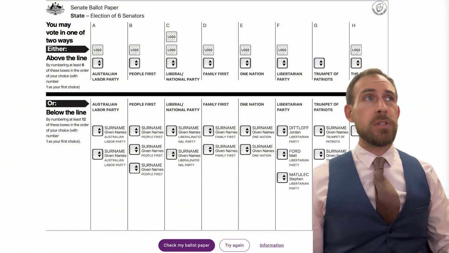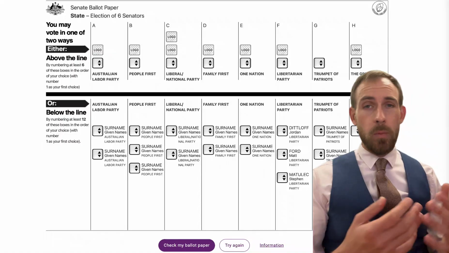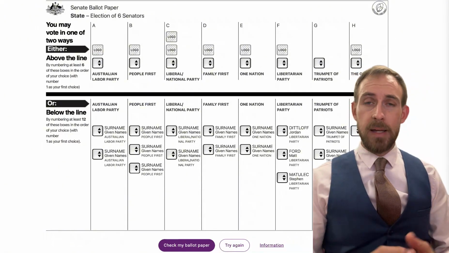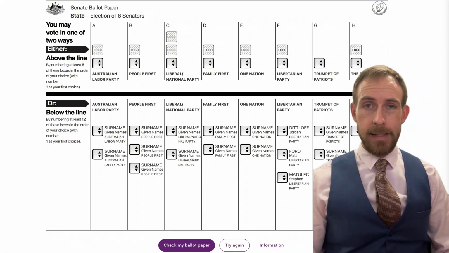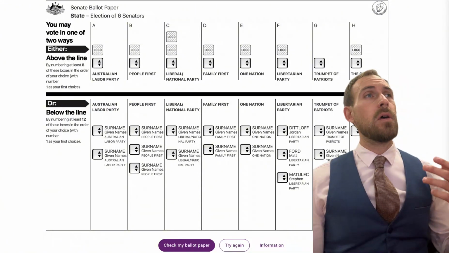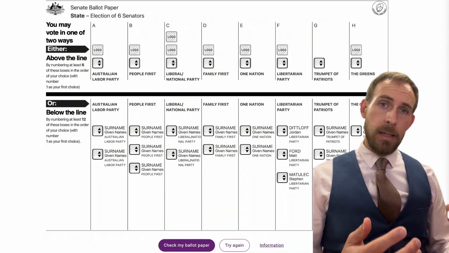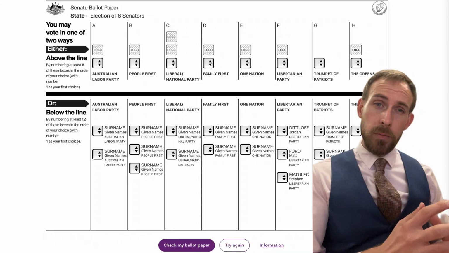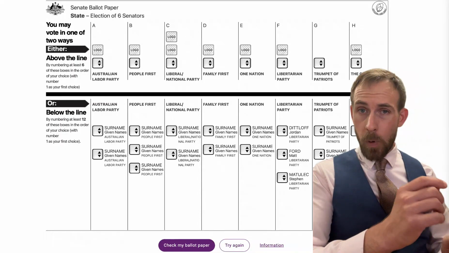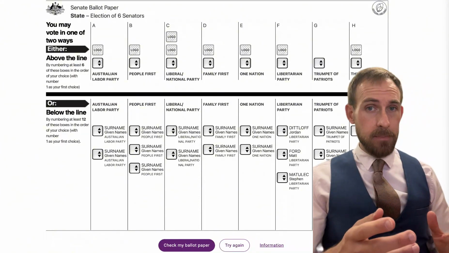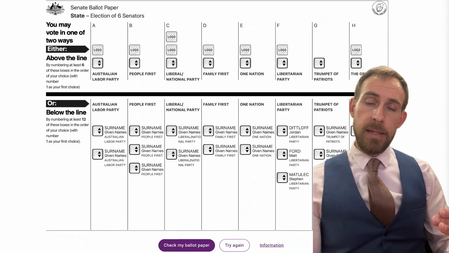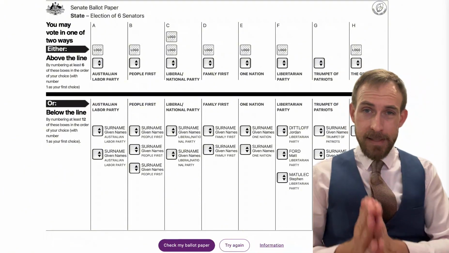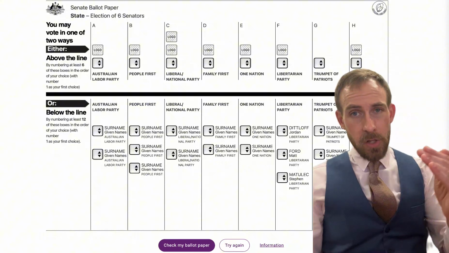So, voter education is key, and don't worry if you don't understand it yet. Lots of people have been asking questions, and we want to make sure that you understand how to make your vote count. So, when you're voting below the line, you have to number at least 12 boxes below the line, 1 through 12 in numerals in pen. And this is your way to specify which candidates, even if they're from different parties, that you support and in